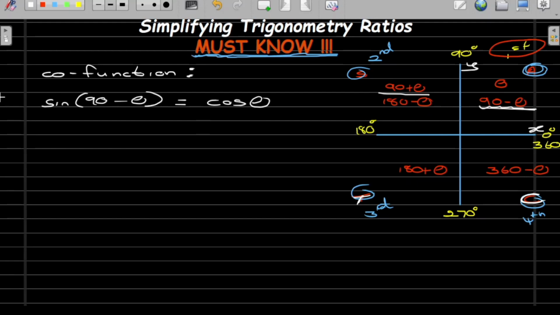The reason, now you can see that it changed to positive cos. Why? Because it is in the first quadrant where everything is positive. So what you change it to will have to be positive. Now if you see yourself having sine